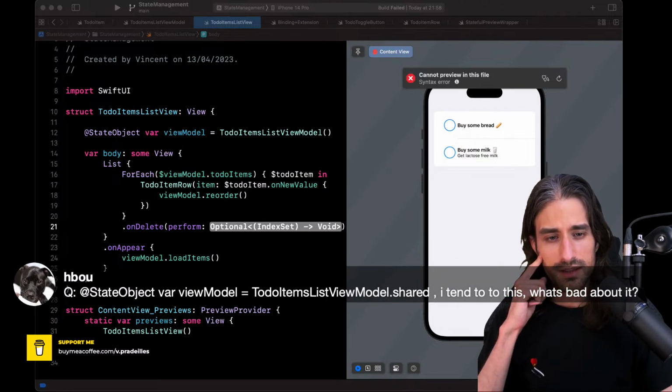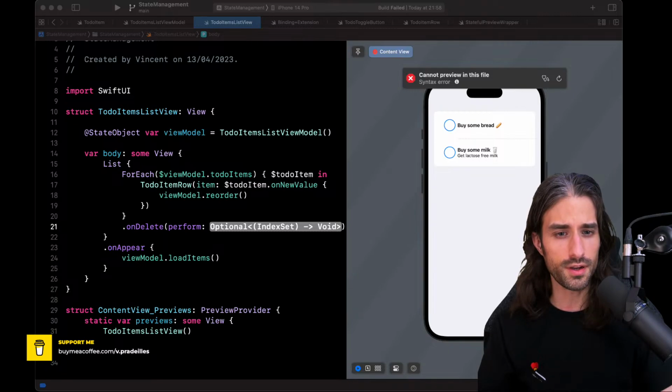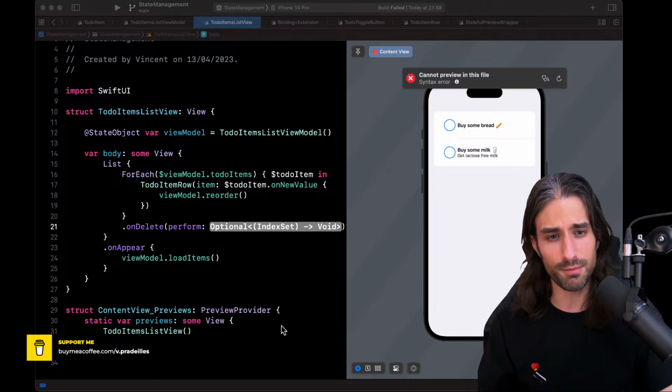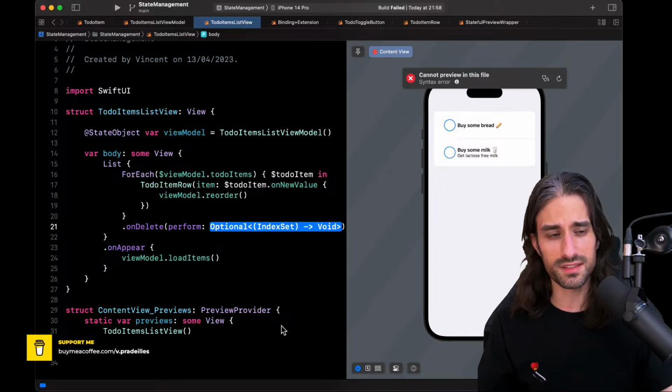Okay. So I guess you can have a shared instance for your view model. I guess in that case, it would be better to use observed object because your view doesn't own the view model. It's shared, and it's a static property that already owns it.